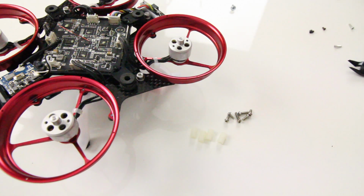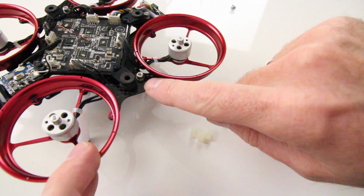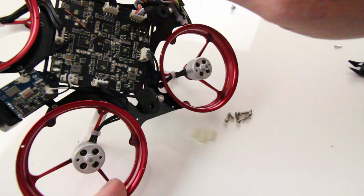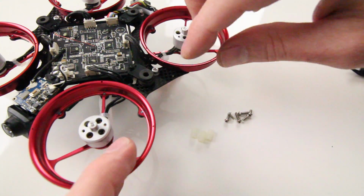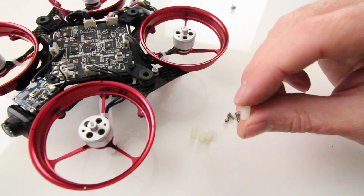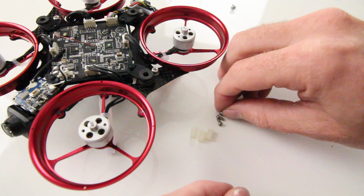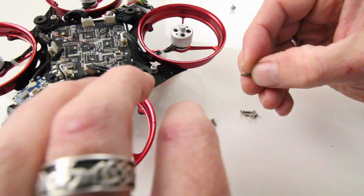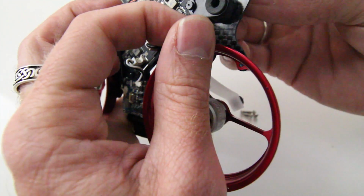Now your RAKON canopy comes with a variety of hardware. Very simple to put on though. You have two standoffs here on both sides of the frame that you'll notice. That is where your plastic standoff is going to mount to. So you're going to take the longer bolt of the two. You're going to use 2 bolts on each of these. The first bolt is going to go through the bottom of your frame, and it's going to screw through this